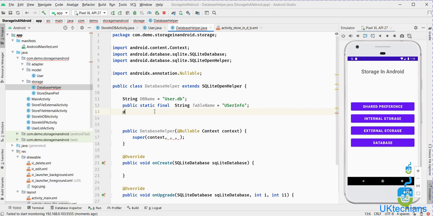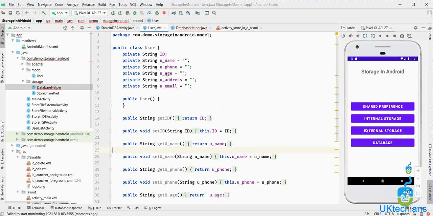Now we will add the names of the columns that are defined over here as name, phone number, age, email and address, right?